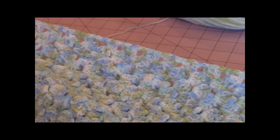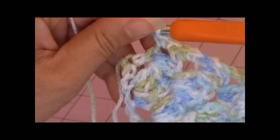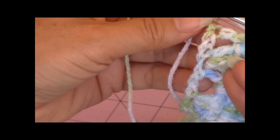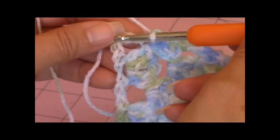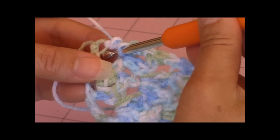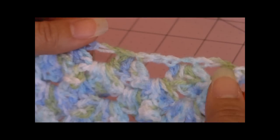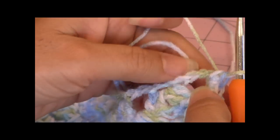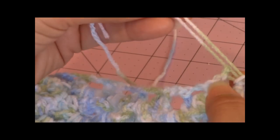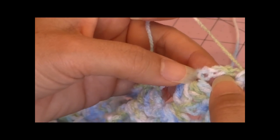So this is what mine looks like along the side of the blanket, and I've reached the last double crochet on the side before I'm at the bottom of the blanket. So I'm going to go ahead and make my last 2 single crochet into that double crochet space along the side, and then I'm going to turn my work so that the bottom is facing me. And then the bottom's easy because it's a 1-to-1 stitch. So just grab your loose yarn end, because you're going to bury it as you crochet, and then go into the first stitch